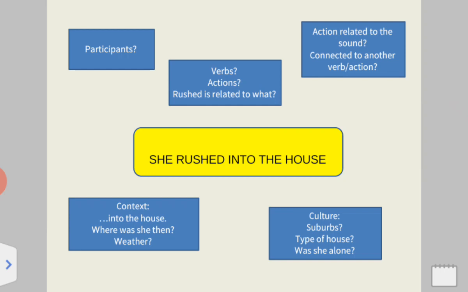Rushing or running or jumping does not require us to speak, and that's a non-verbal action. She rushed into the house, right? Rushed, related to the excitement that she has about having the ice cream, which also determines Mary's age, right? Rushed because probably